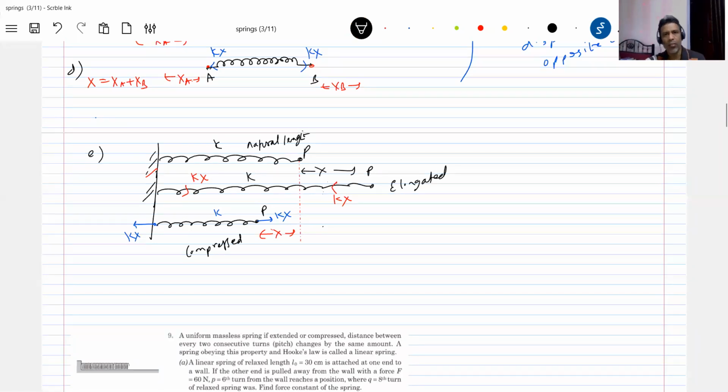You do come across situations like this. We will discuss springs in detail again in the work-energy chapter, and again in the elasticity chapter. Here we are just studying the spring force. Spring is a good example of an elastic body. So there the elastic force will act. That elastic force only we'll call the spring force.